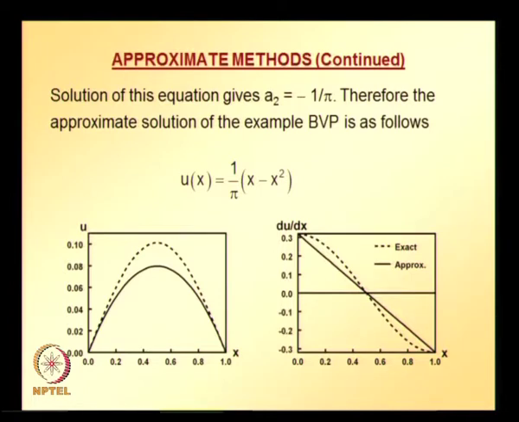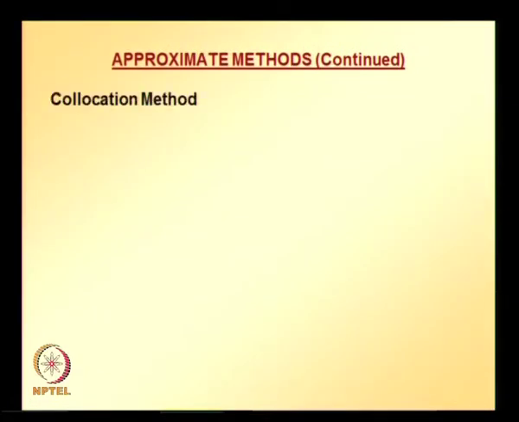Now let us look at the other weighted residual method, that is the collocation method. Basically, in the collocation method, we force the residual to be 0 at some chosen point, and the selection of that point is totally arbitrary. So, residual at xi is equal to 0, that is, we are forcing the residual at point xi equal to 0, and please note that this equation can be written in this manner: